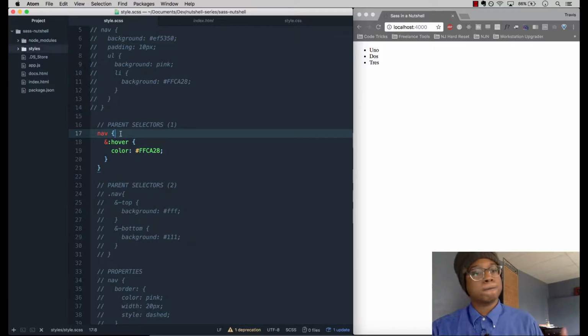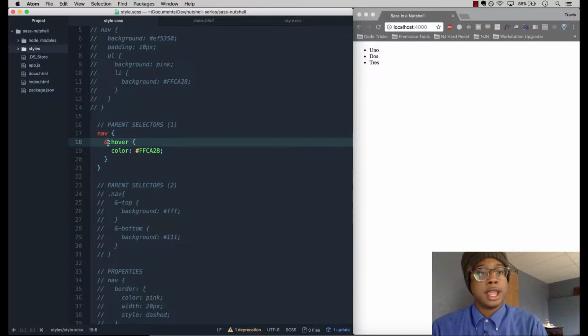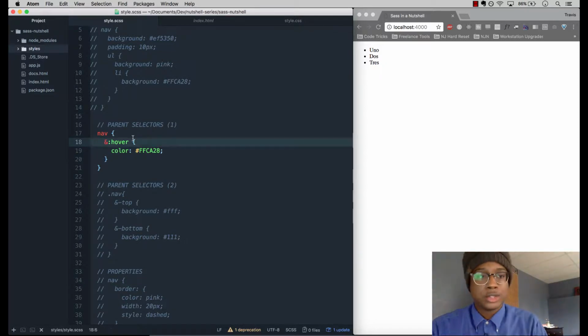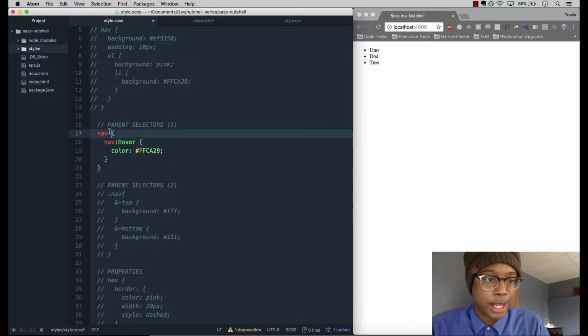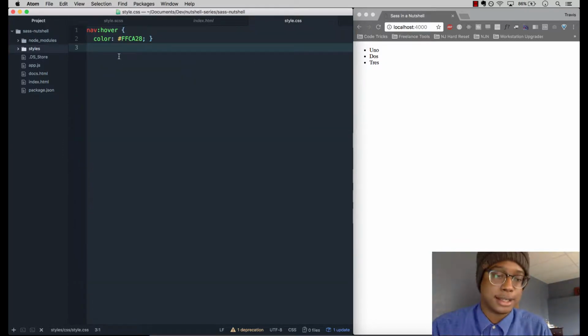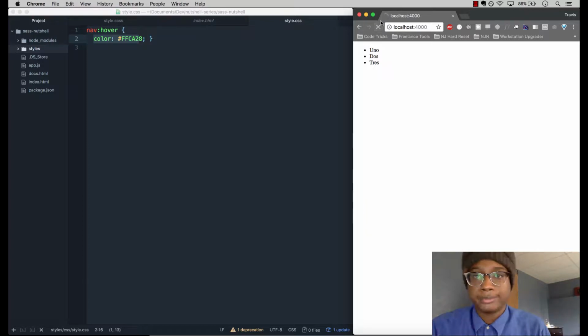Okay, so the next section, we have parent selectors. And you see this ampersand right here? This ampersand represents the parent selector. So this ampersand, in this case, represents nav because our parent selector right here is nav. So if we add that ampersand, then if we save this and go over to our style.css, you'll notice nav on hover, color, whatever. And if we refresh the page, then we would see when we hover over this, it'll